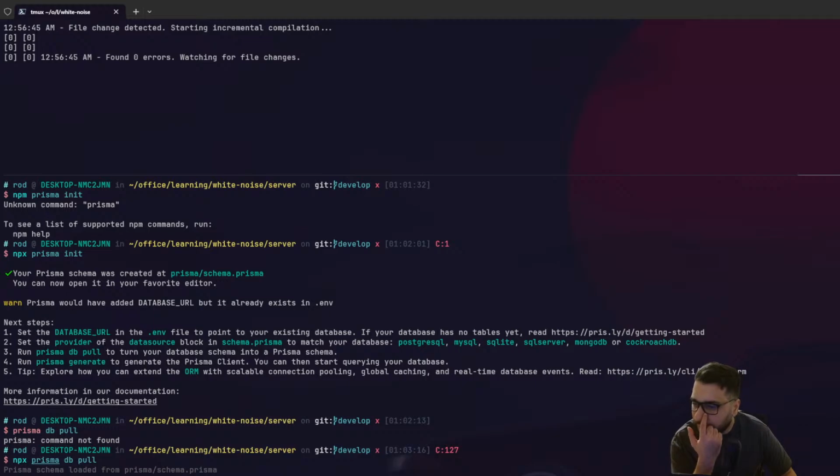It says that Prisma schema loaded from Prisma, environment variables loaded from env, data source. Okay, can't reach database server at 5432. Please make sure database is running at localhost. Might be that our database is not working fine. It should be working,